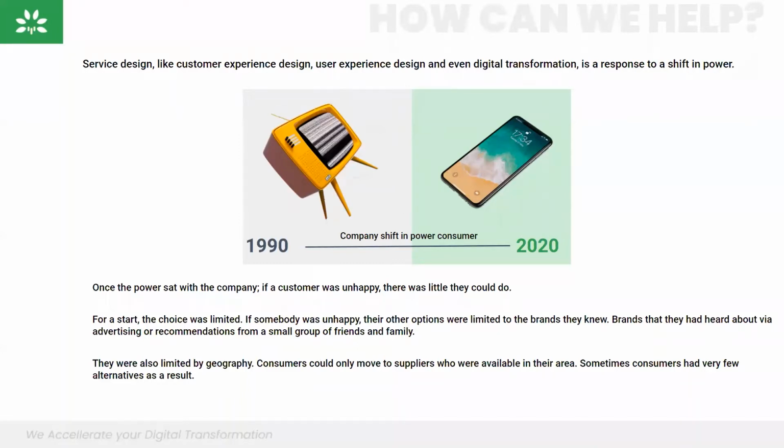Now, to explain service design, I'll give you the example of a coffee shop. You go to a coffee shop where you get an excellent coffee, but the service is very bad. You will not go there again. If you get very good service, but the coffee is not good, you will not go there. If you get good coffee and good service, but the menu is not very clear, you don't know what you can get there or what the pricing is, you will again not use that service.